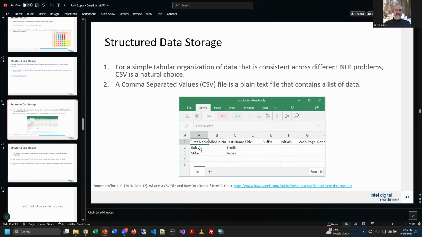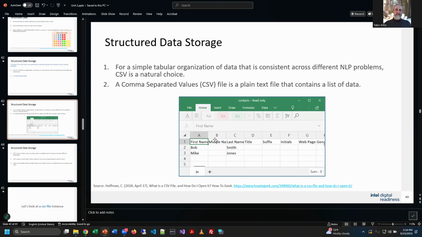Some fields have information, some don't, but whatever. Rows and columns. Anything that's in a tabular format can easily be converted to a CSV file. We've worked with these a bunch, right? It's kind of like an Excel spreadsheet without the formatting. It just has the data.